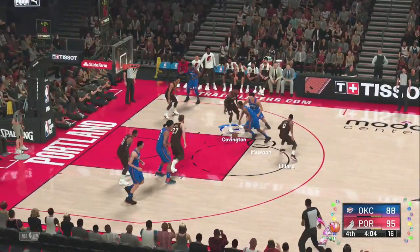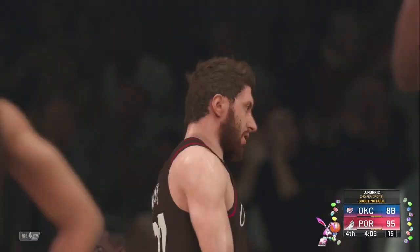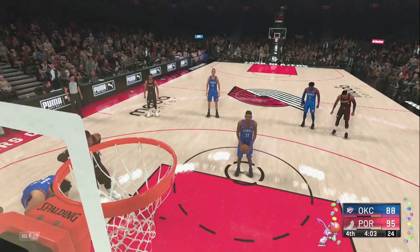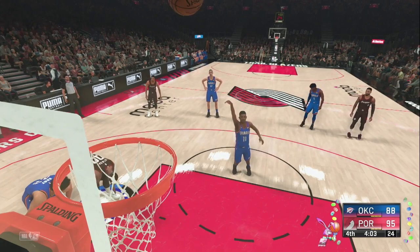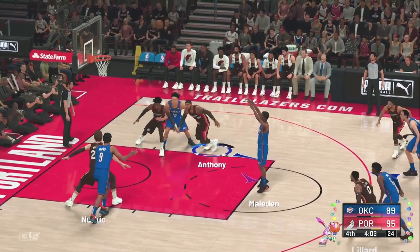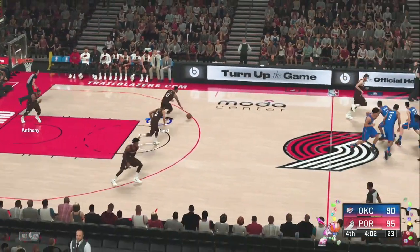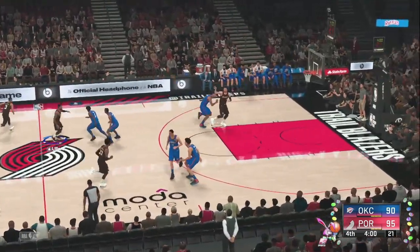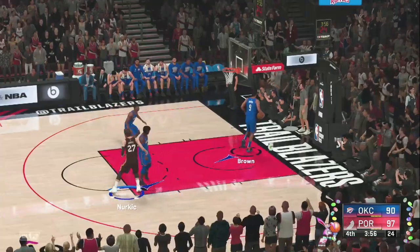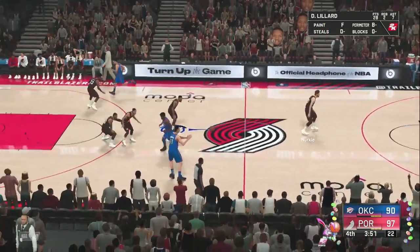And here is Melodon. And 2 free throws coming up. Unable to get that one to go with all the contact. It's going to be on Yusuf Nurkic. The first free throw is good. And so he makes both from the line. Trailblazers leading by 5. And finished off by Nurkic. Yeah, you can't allow Nurkic to get that kind of position. When you do, he is going to rattle that